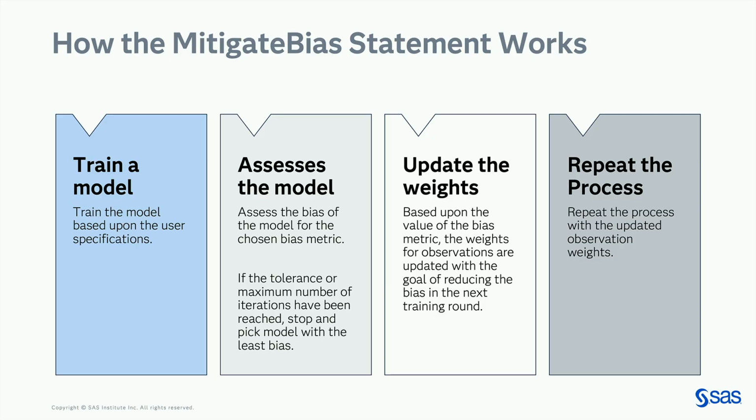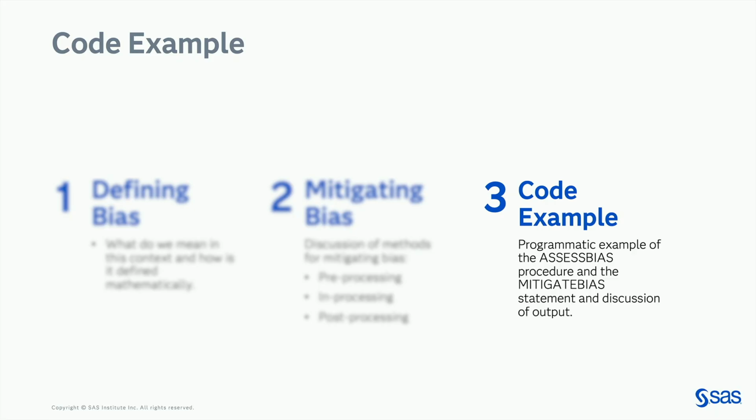So remember I talked about you could manually weight observations to then train a model and reduce bias, but you'd have to pick and you'd have to know how that weighting is. Under the covers, we calculate that weighting based off of the different groups and the value of the bias metric. We'll re-weight, then we go back and retrain and repeat that process multiple times. So to really make it real and show you an example of what's going on, I'm going to show a code example. We'll discuss some of the syntax, some of the outputs.